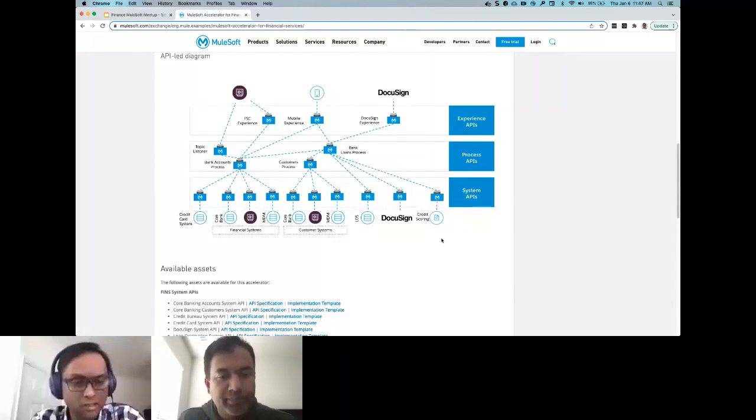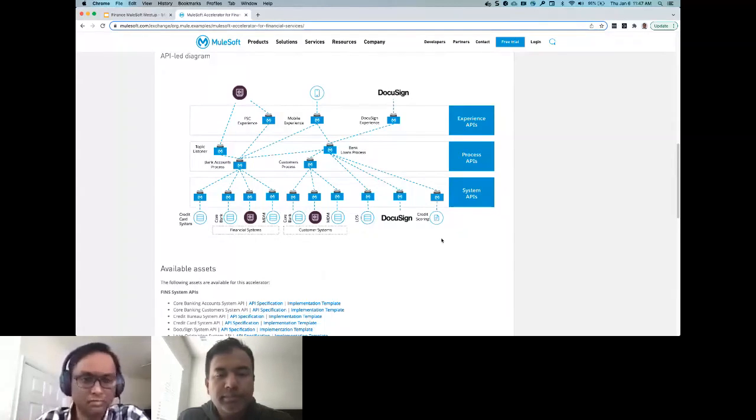It's very easy to extend it to any other system, whether it's a different core banking system than what it provides out of the box. It's quite easy to replace one of the system APIs with a new API, and all of the functionality would still remain the same. Similarly, if they have a different UI system developed in-house or a different UI system that they